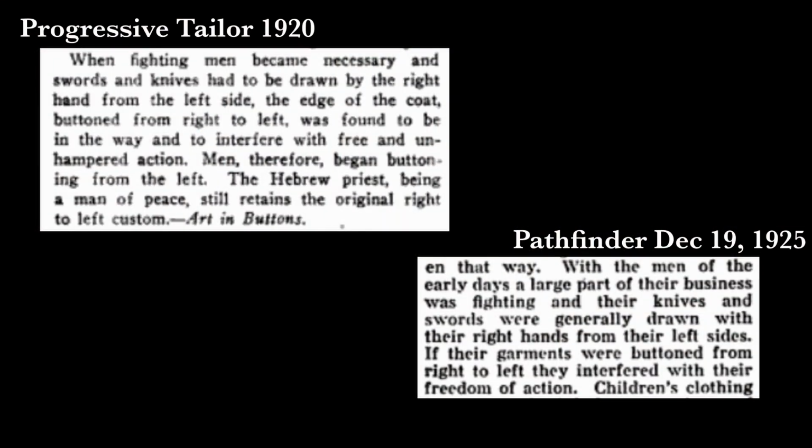The other theories that I have seen as to why menswear fastens that way tend to be all based on the idea that men are fighters and they go into battle and they constantly have swords and wars and all sorts of things like that. It's very much men are strong based. And this is the idea that they have a sword with them all the time. And so they need to be able to reach through that opening in their coat and grab their sword at any given time,